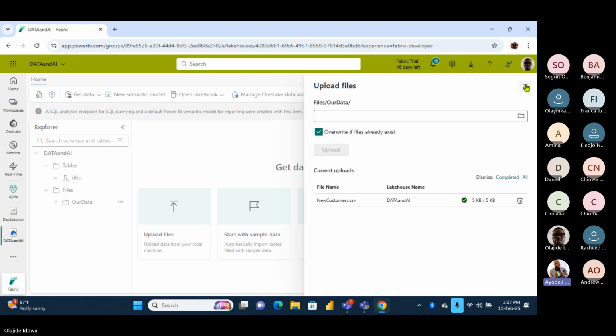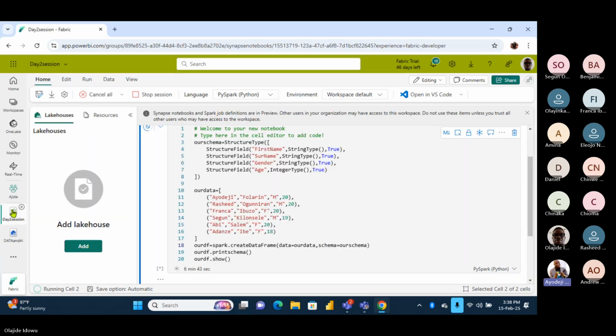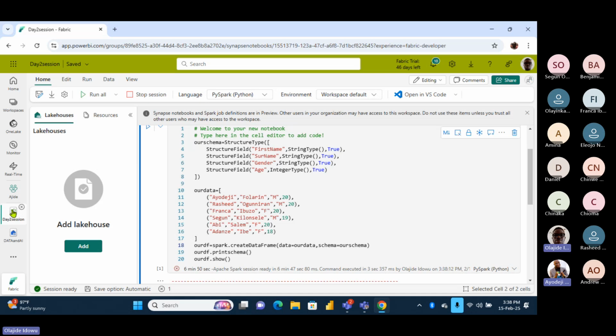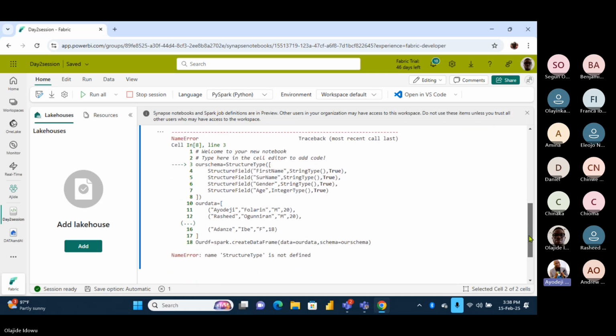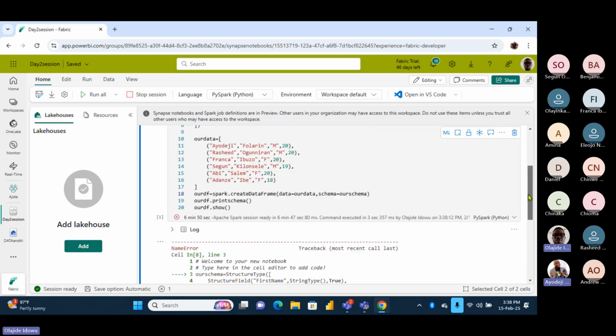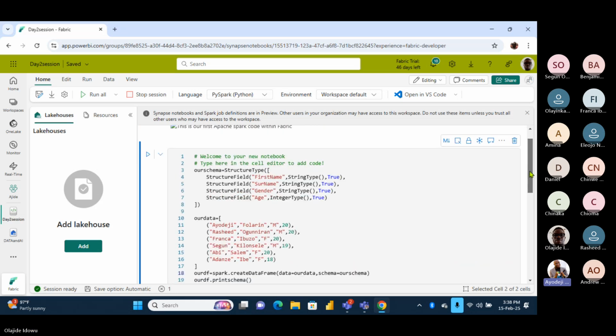Let's go back to our notebook. You will see how simple it is to work on your own file. How simple. Okay, it's running the cell now. Thank you. It has finished setting up. Okay, error. I know it won't understand. It's just a line at the top to import. That one is not a problem.